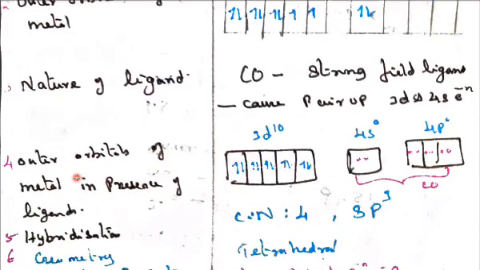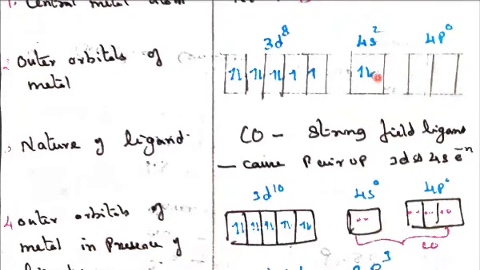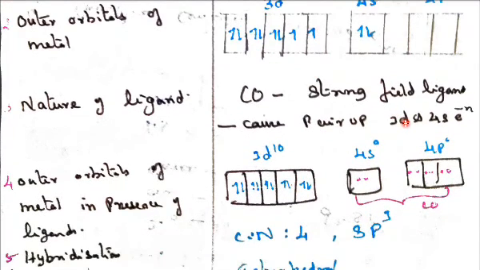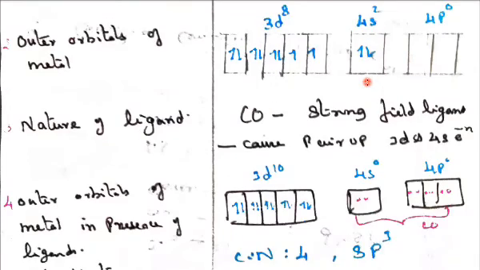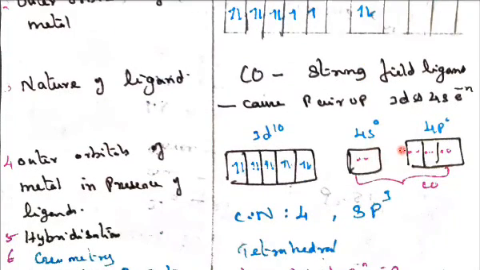So in the outer orbitals of the metal in the presence of ligands, this 4s electron is shifted here and it becomes vacant. So these 2 electrons will be shifted here. So 4s, as I have said, the 3d and 4s electrons are paired. So here a 3d electron is exchanged and one orbital is left vacant, so that the 4s orbital is filled. Now the vacant orbitals are 4s1 and 4p3. So now the 4 CO groups, the carbonyl groups, are going and occupying the 1 s orbital and 3 p orbitals.